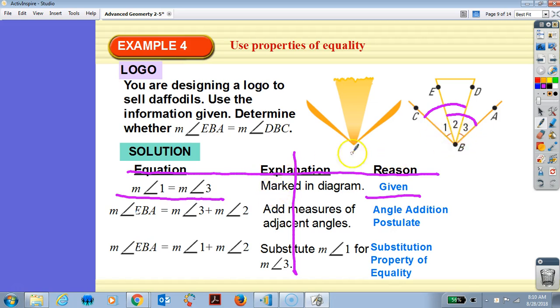What else do we know? We know that angle 1 plus angle 2 equals this whole angle, correct? Angle CBD is angle 1 plus angle 2. Angle addition postulate. Part plus part equals whole. What else do we know? We know that this angle right here, angle EBA, is angle 2 plus angle 3. Angle addition postulate, right? Well, if one of them is 1 plus 2 and one of them is 3 plus 2,